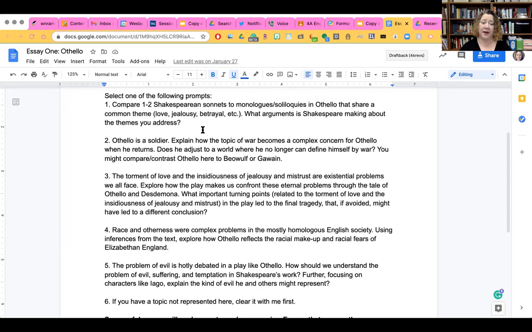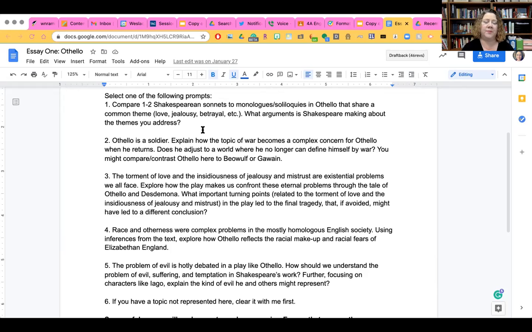So you look for those places in the text, and then you need to find a Shakespearean sonnet that overlaps with that. It's not hard to do that. A lot of the sonnets are in your textbook or in that text PDF, but there are a lot of websites too about Shakespeare sonnets. You could just Google Shakespeare sonnets about jealousy and it will come up with which ones those are. And you can then work with the poem. You don't have to read 153 sonnets to figure out which ones go with the monologue or the soliloquies that you're choosing.